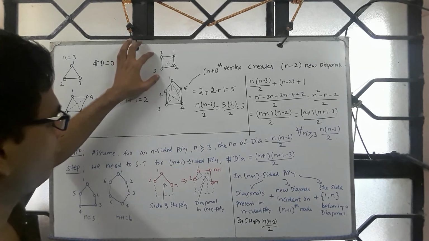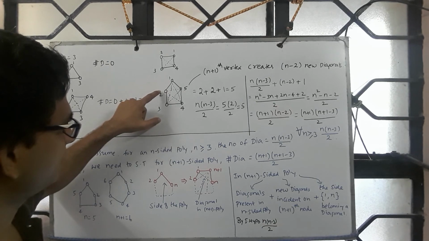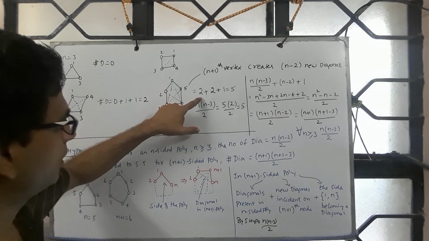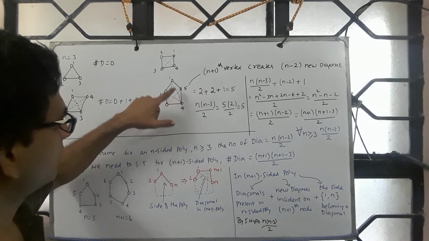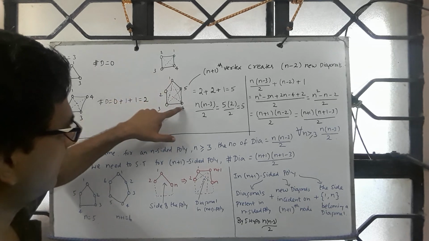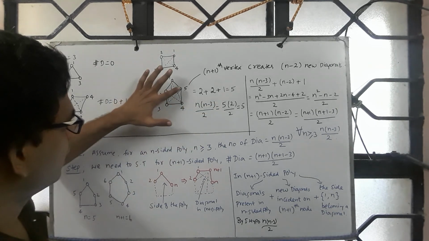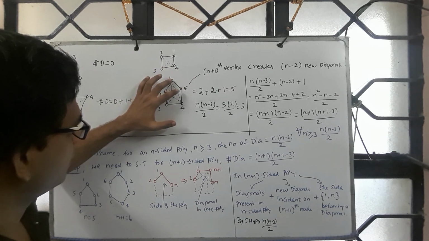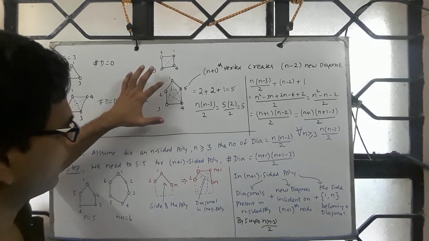So when you move from 4 to 5, the 5 is creating diagonals with 2 and 3, that's 2. The existing diagonals are 2, and the side of the polygon 1, 4 over here becomes a diagonal at this place, so that's 1. So in general, this one is not creating a diagonal with these two, with the rest of them it is creating. So